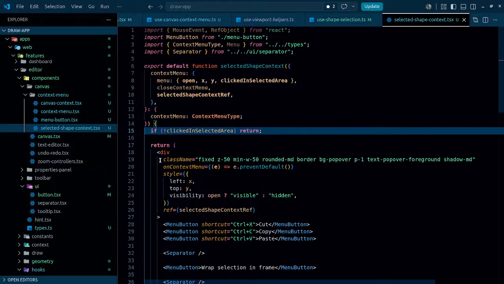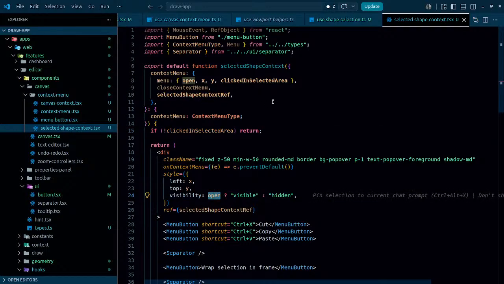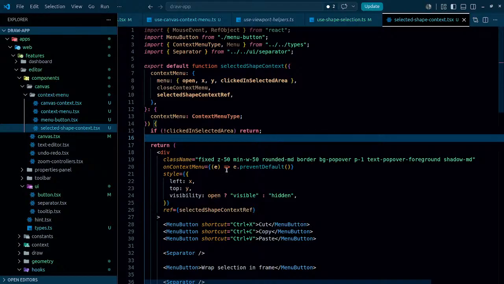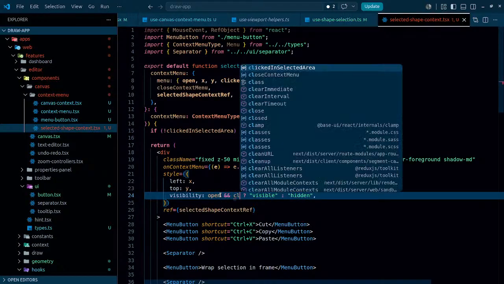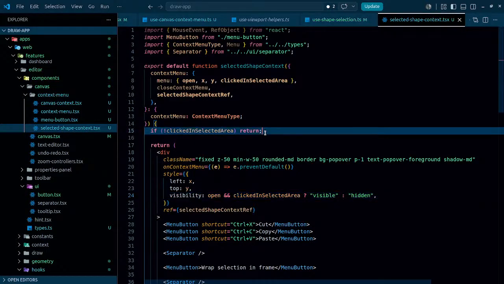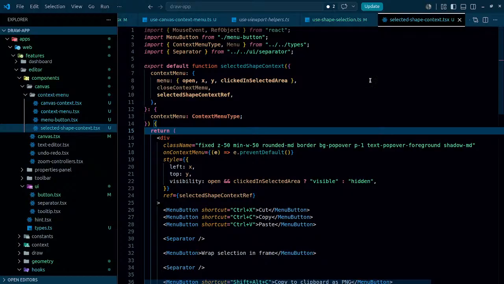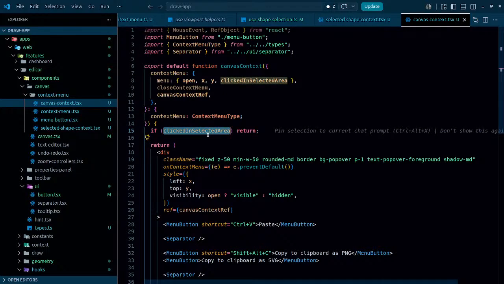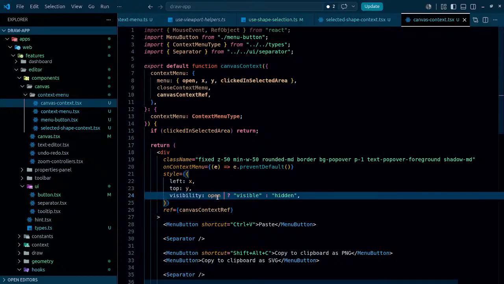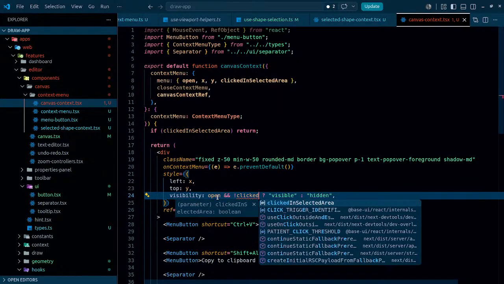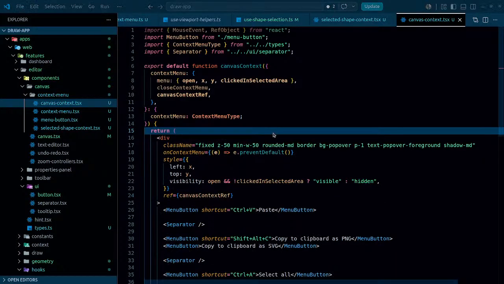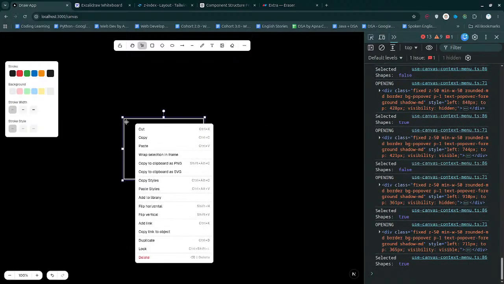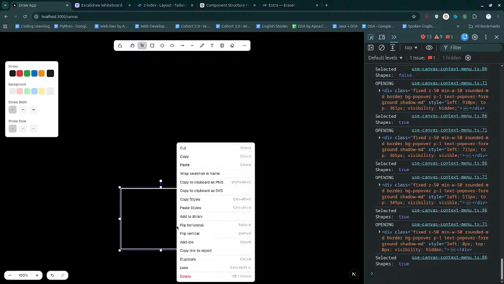So instead of doing this, open, if both are true, it's going to be visible, otherwise it's not. Opened. As expected,